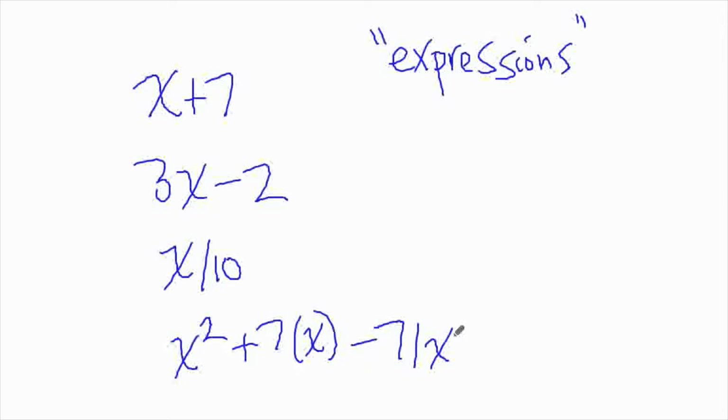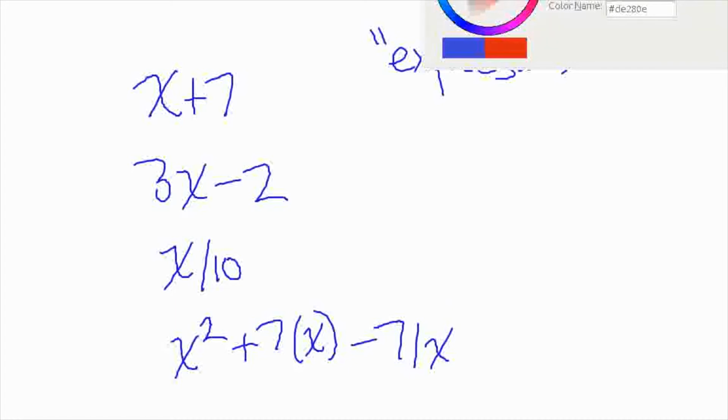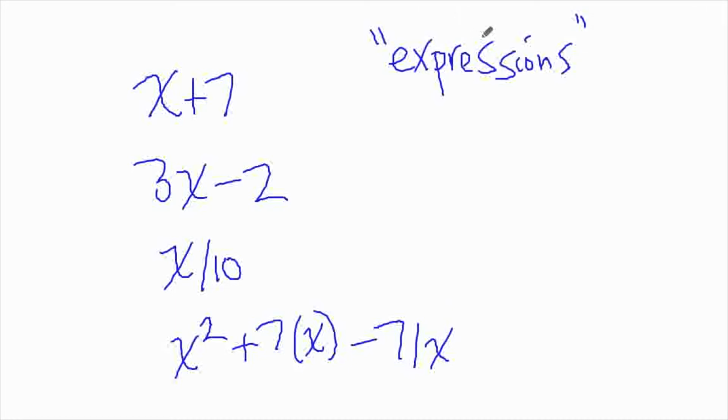So what you will be called on to do is to say what quantity corresponds to an expression if we know what all the variables correspond to. Okay, for example, suppose that I did all these expressions in terms of x. Suppose somehow we knew that the mystery value of x was 1. Okay, don't ask me how you know that. At this point, you're not responsible for figuring out what the value is. Okay, we're going to keep it easy, but let's just assume somehow somebody figured out that the mystery value is